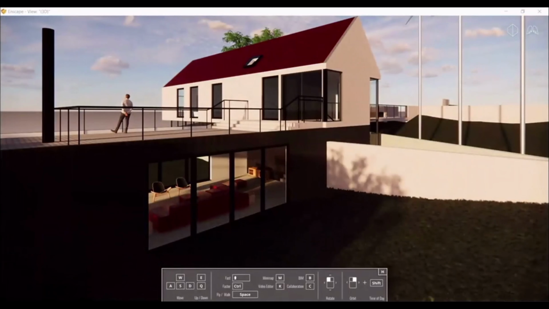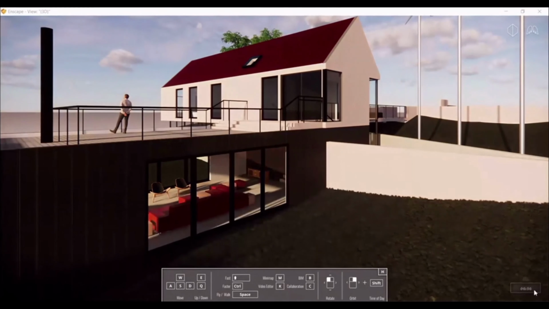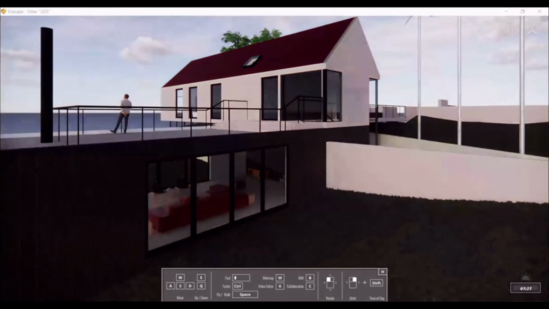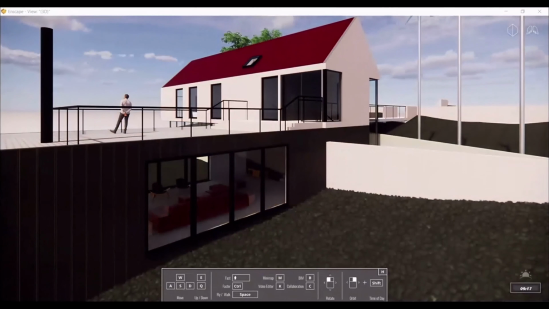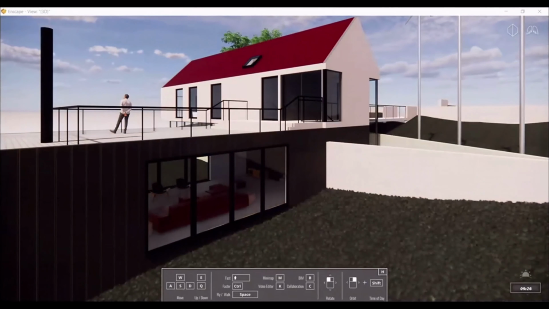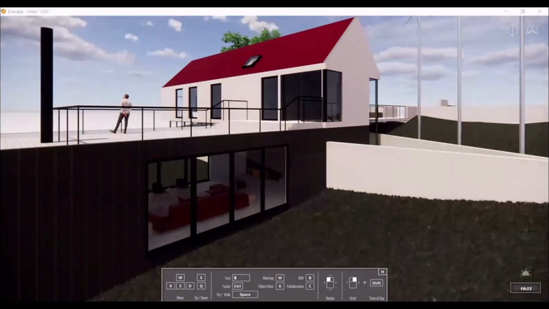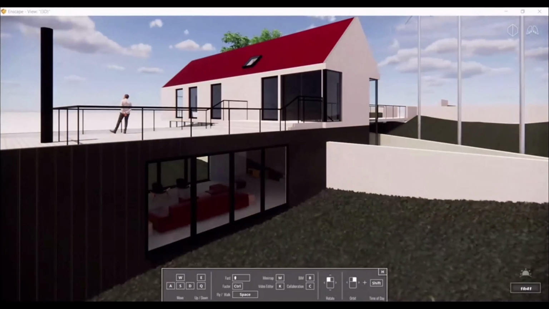Okay, early morning time. You have this time in the bottom right corner. I am moving towards the right side, holding shift and right click.